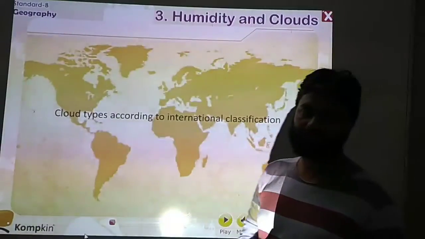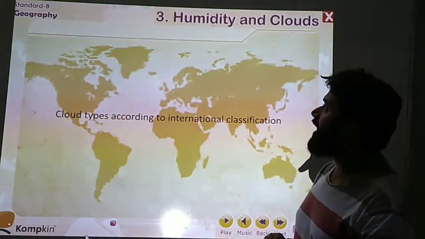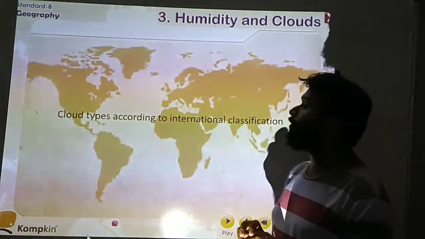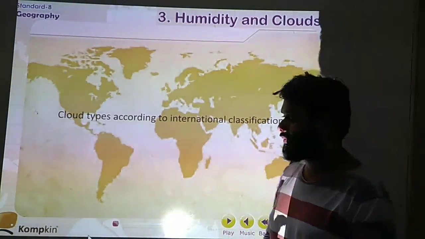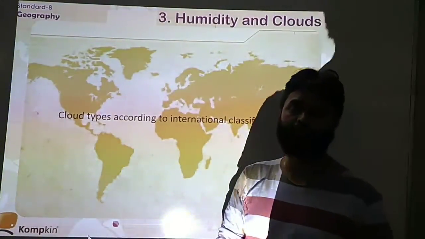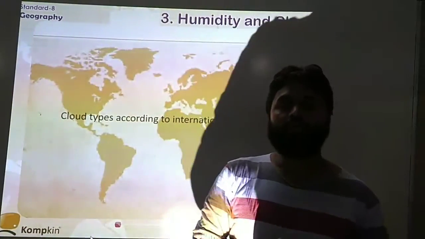humidity and clouds. The part humidity we have already completed. We will continue with the chapter cloud. What is the cloud actually? We have learned that